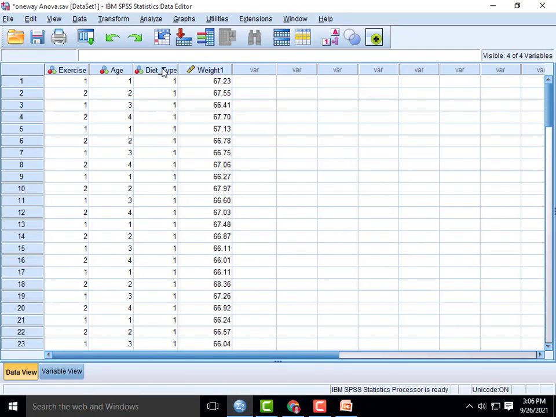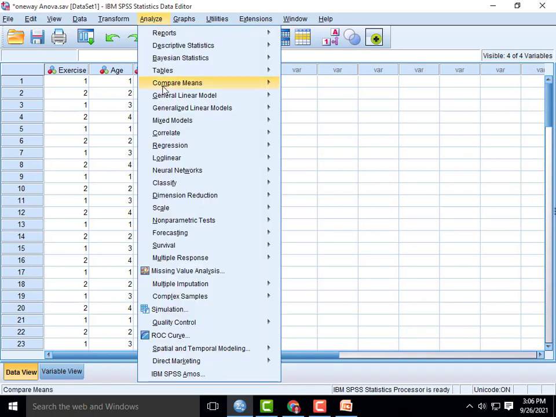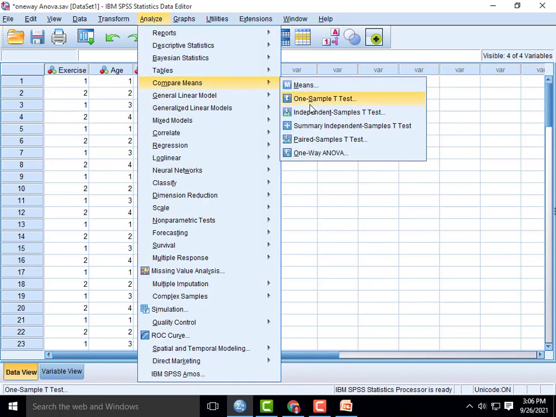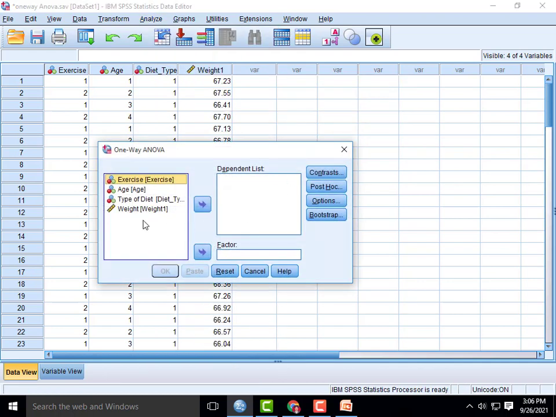Now go to Analyze, select Compare Means, select One-Way ANOVA, and move this variable into the dependent list. Then the diet system is our factor.